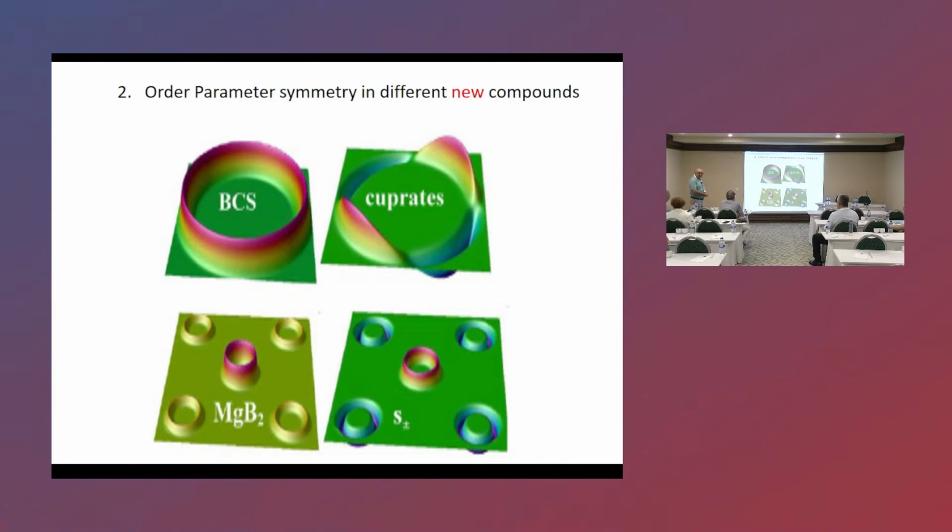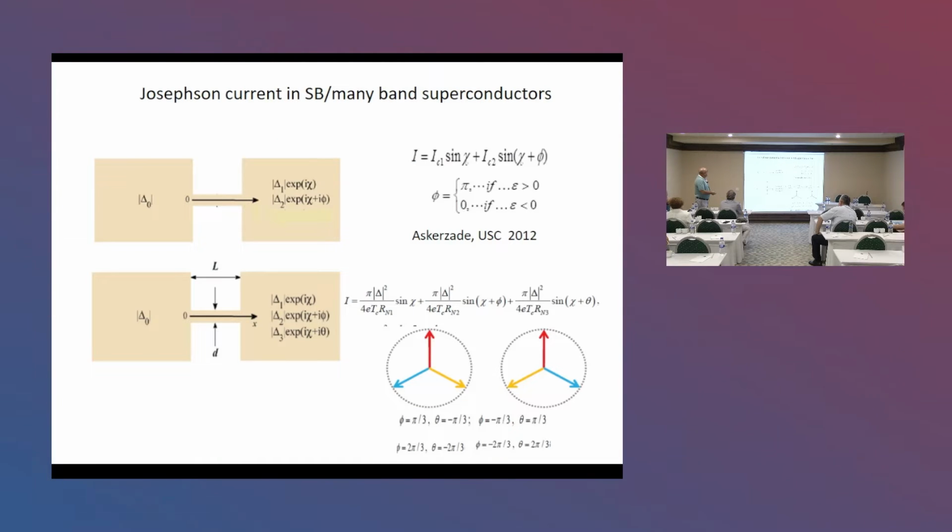This one, MgB2, is a two-band superconductor, and in the case of different compounds, or iron-based compounds, sometimes three-band, or sometimes four-band calculations are possible in the study of the superconducting state in these compounds. And here, in the study of properties of Josephson junctions in such systems, for example, in the case of single-band, two-band, and three-band Josephson junctions,